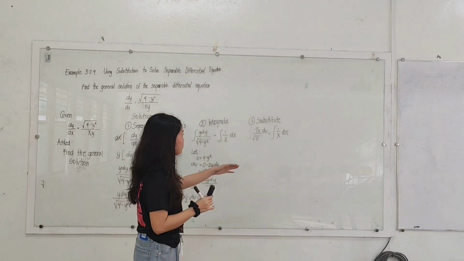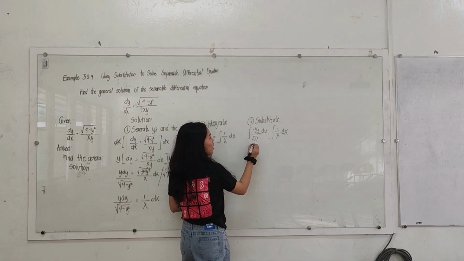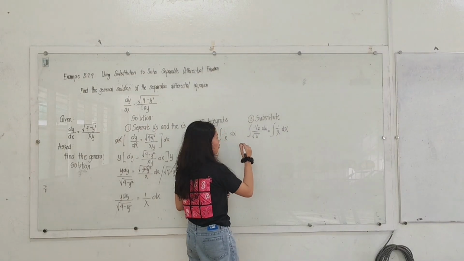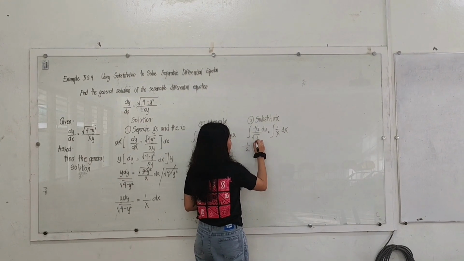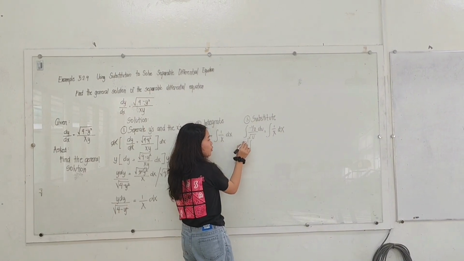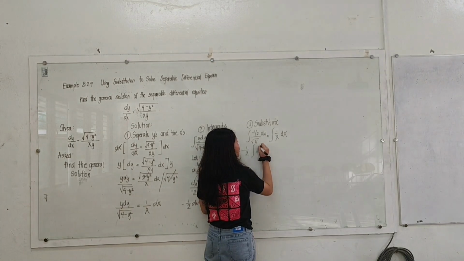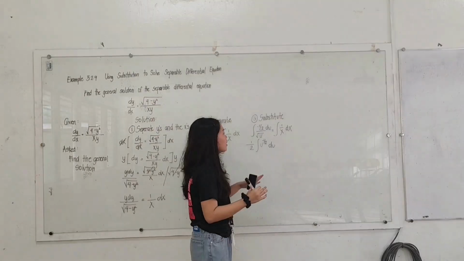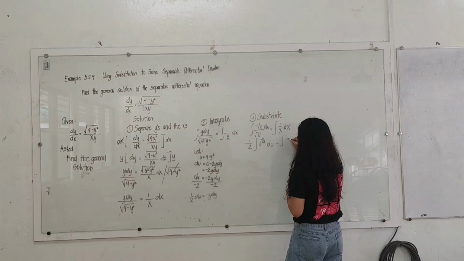Now, we will be integrating. Since the negative 1/2 is a constant, we will move it forward. That would be easy for us to integrate. Negative 1/2 integral of, and the square root of u will be transformed into a power rule. So u to the negative 1/2 du. Just to keep it simple, so that it is not hard to solve.